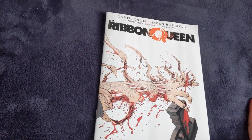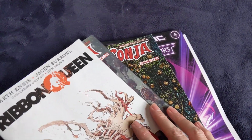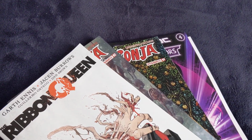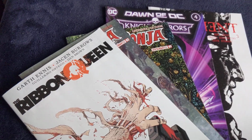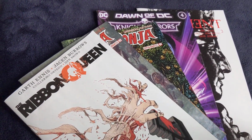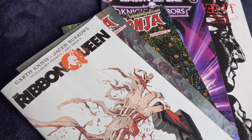And hopefully over the weekend I'll look at all the brand new #1s coming out from the major publishers, and I might have a little rant about Marvel because all I can say is go on to Bleeding Cool and look at the new releases for November for Marvel and just look at the prices and you'll see what I am going on about. I've stopped getting any Marvel now in physical. I am just strictly getting digital and waiting 6 months when it's £1.50 an issue, because I'll give you an example. A 32-page Wolverine and Predator comic, just standard comic,